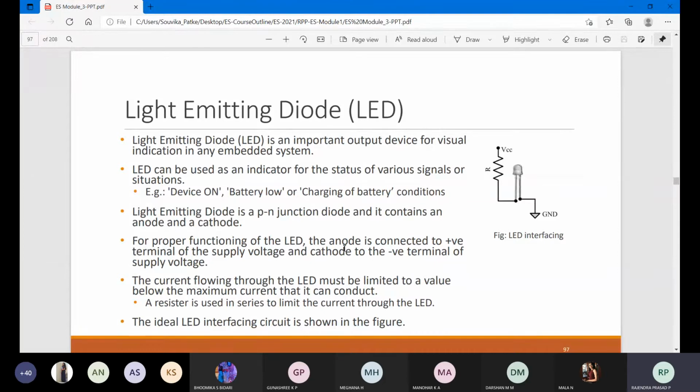If the battery is down, it will continuously blink, indicating there is no power supply. If you take a washing machine, the LED will tell which stage it is in, and how much time it will take to complete. Those are all information you can observe in this LED.